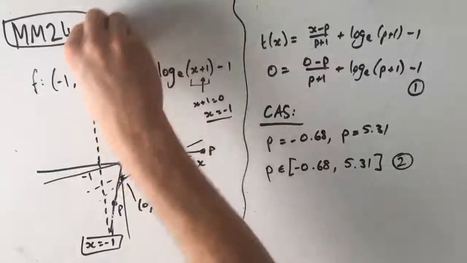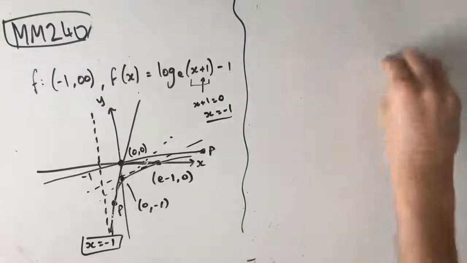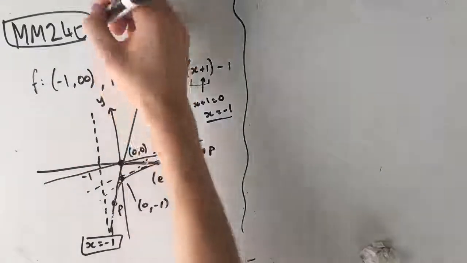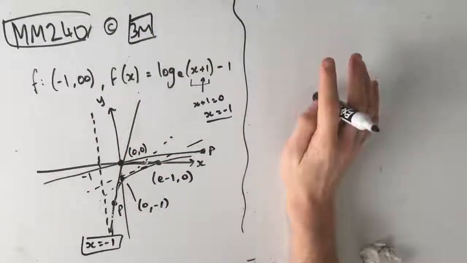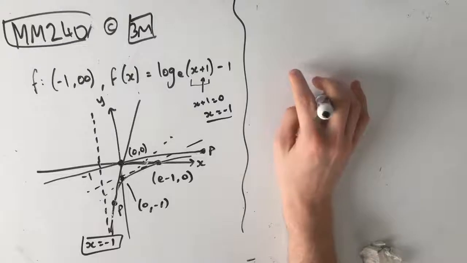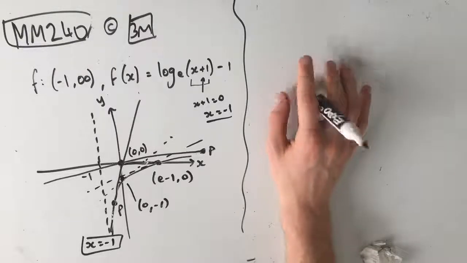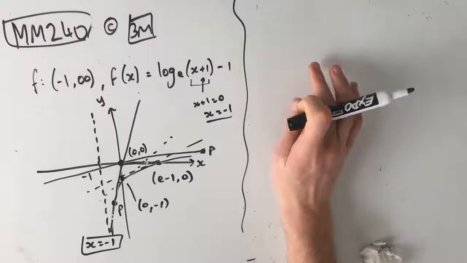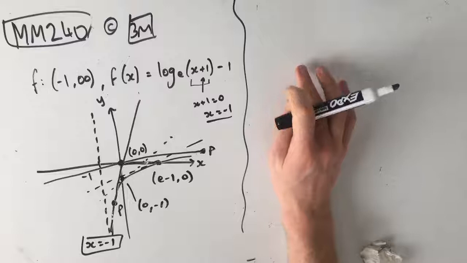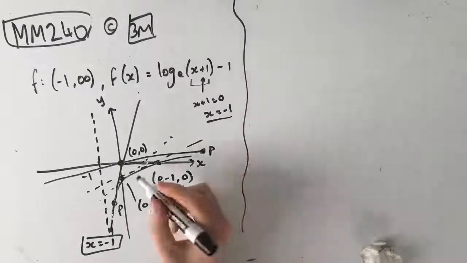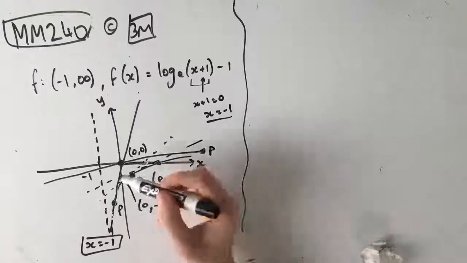Part C is a 3-mark question, and what we're going to do with it is, first things first, C, 3 marks, awesome. So the question says, suppose P is on f at a point P such that OP, the distance from origin O to point P, is at a minimum. Find the coordinates of point P when OP is at a minimum and state this minimum distance correct to 2 decimal places. Awesome. So what we're saying is we've got this point somewhere here, which is P, and this distance